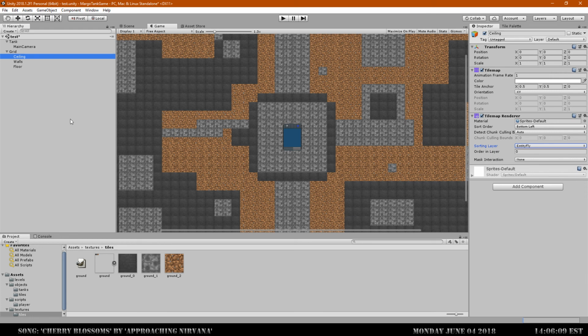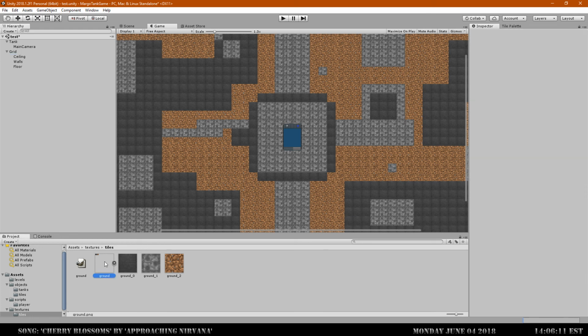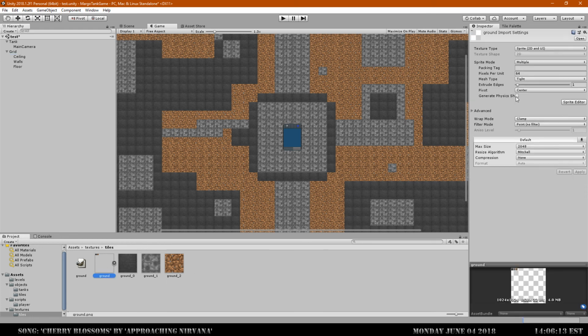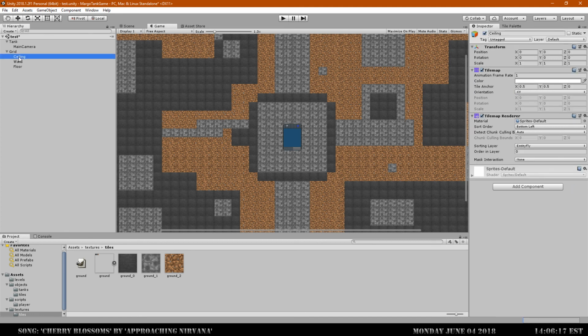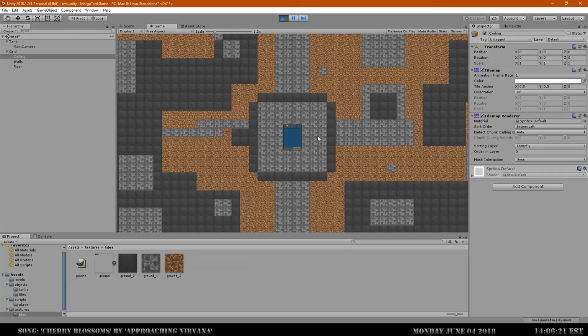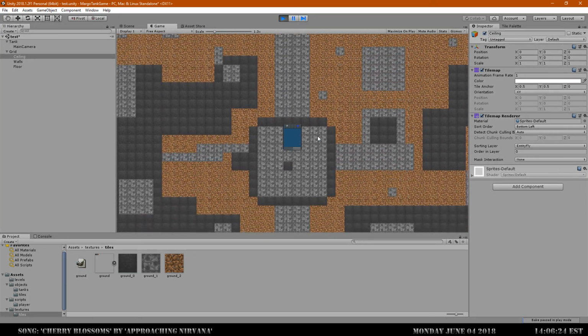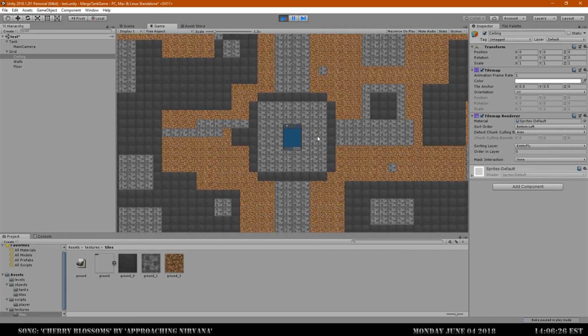But let's go ahead and test this. And I think all they have to do is go onto here and then generate physics shapes. That's what I saw earlier. I turned it off intentionally. Now let's see if that actually does work exactly what I think it does. Nah, it doesn't. So it looks like I am definitely going to have to program some physics shapes into the